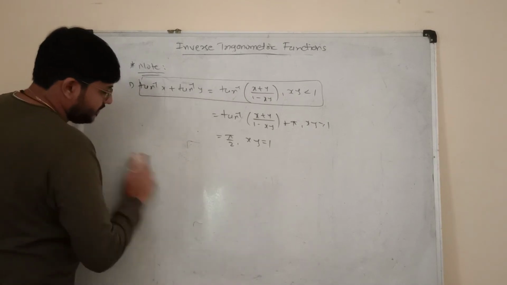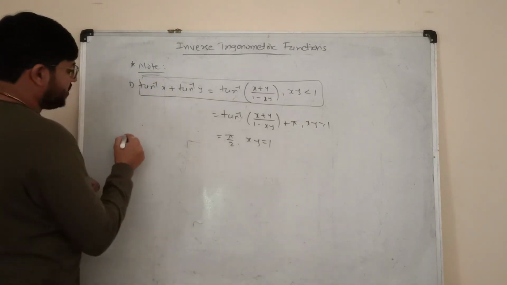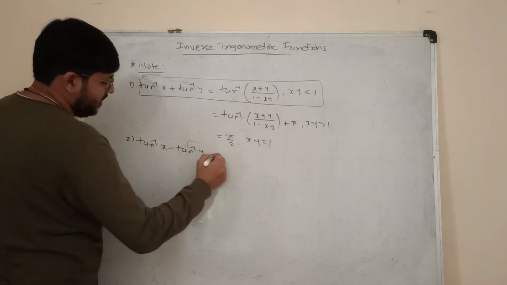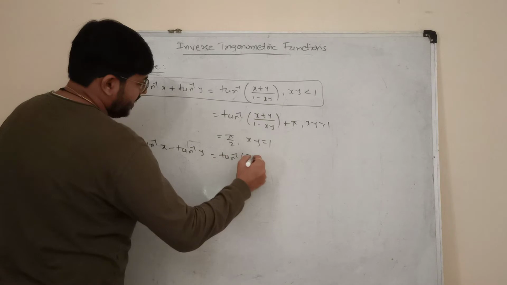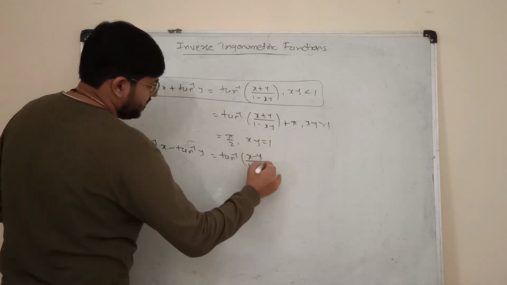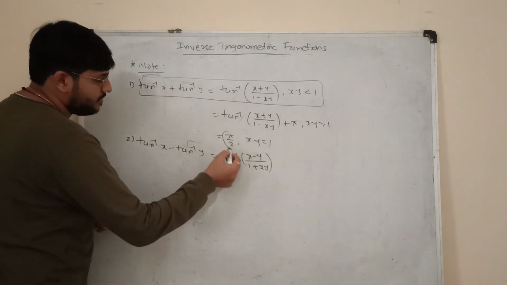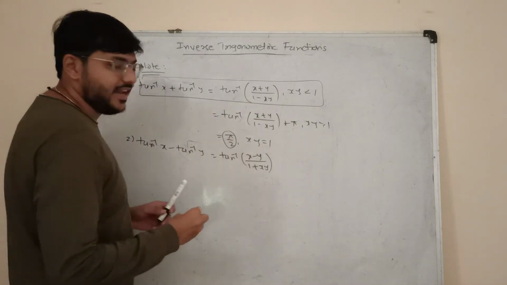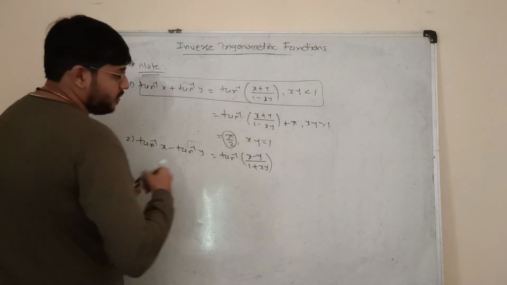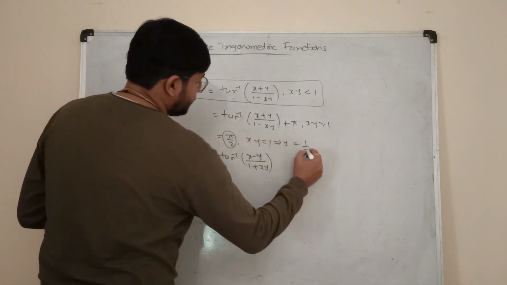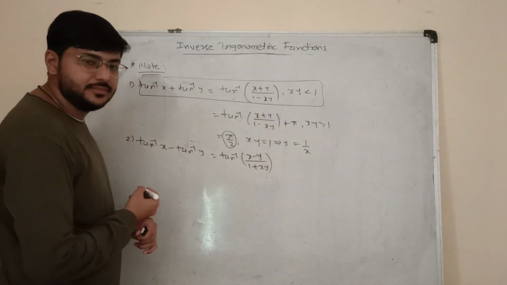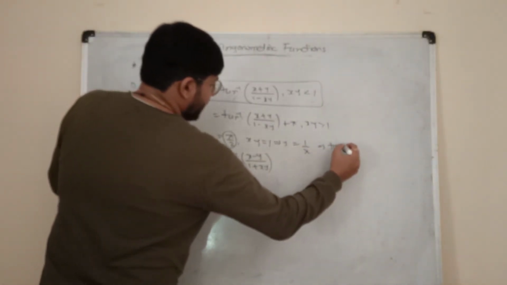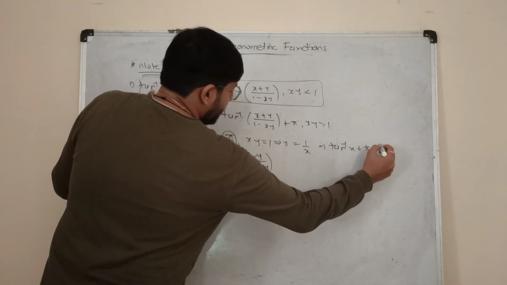Similar to that, there is another equation which is related with the negative sign. Tan inverse x minus tan inverse y will give you the direct answer, tan inverse of x minus y upon 1 plus xy. Okay, we forgot to discuss this pi by 2. We discussed a condition that xy equals 1. So what if xy equals 1? We can replace y as 1 by x. So now in this equation, it's tan inverse x plus tan inverse 1 by x.